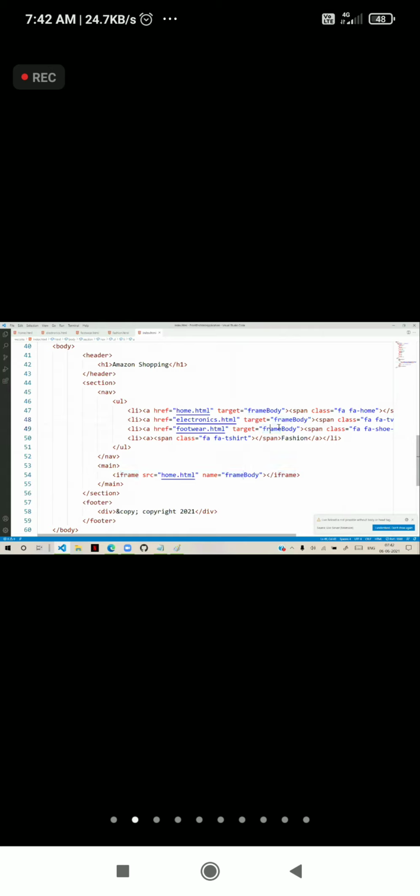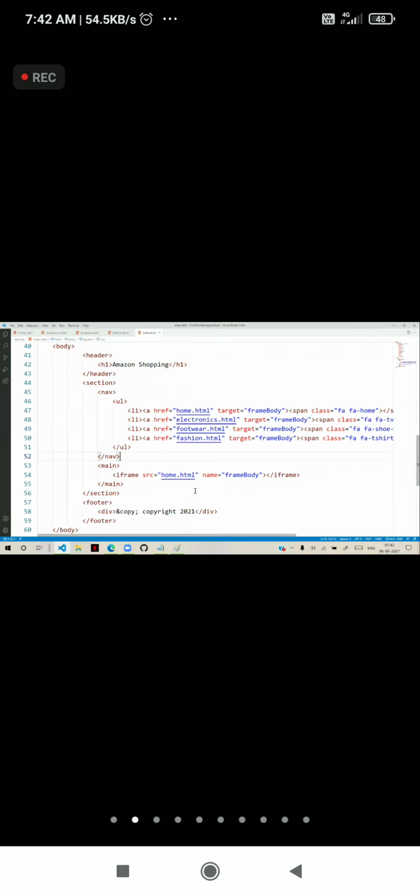You have to define exactly the same capitalization. And similarly, href is equal to fashion.html, and target is equal to frame body. That's how we need to configure and define the content.